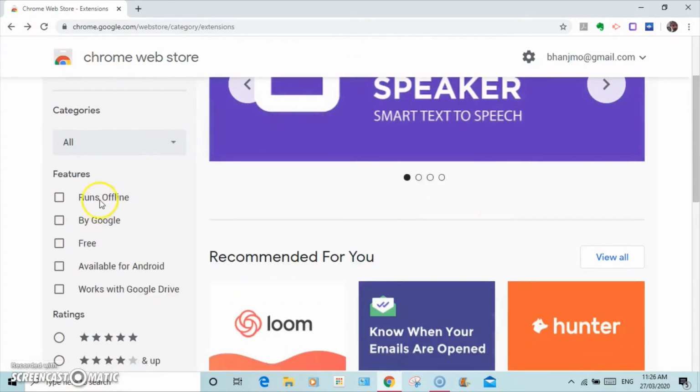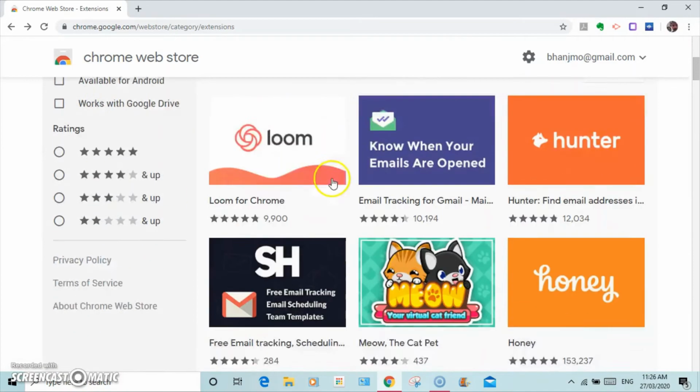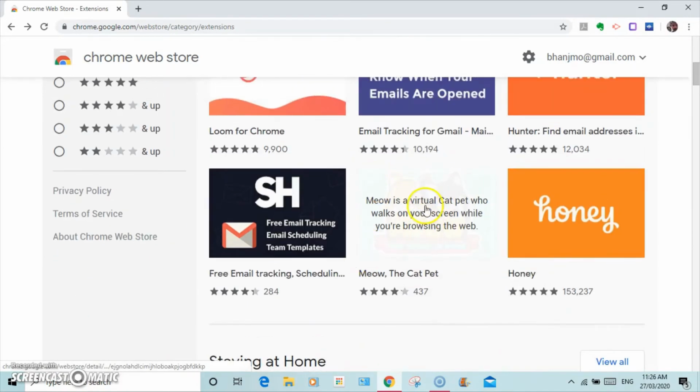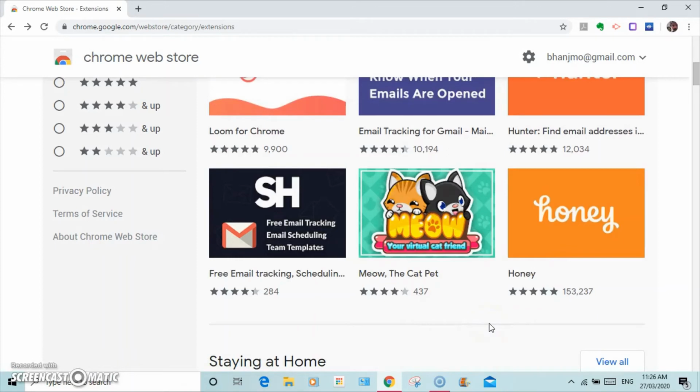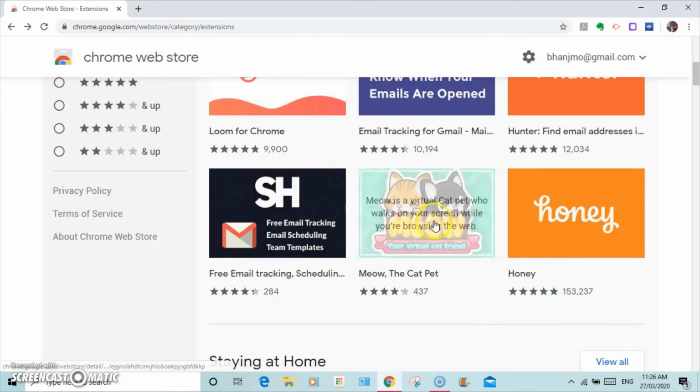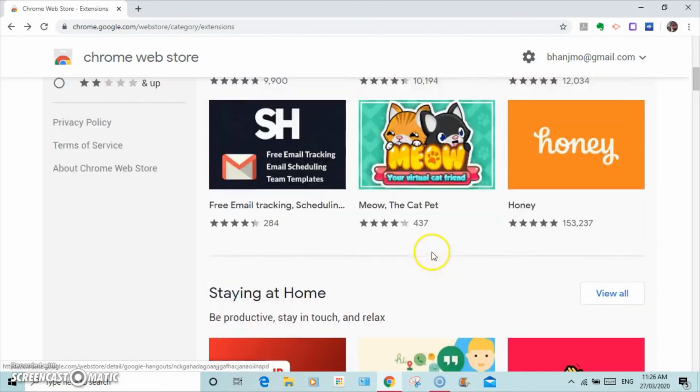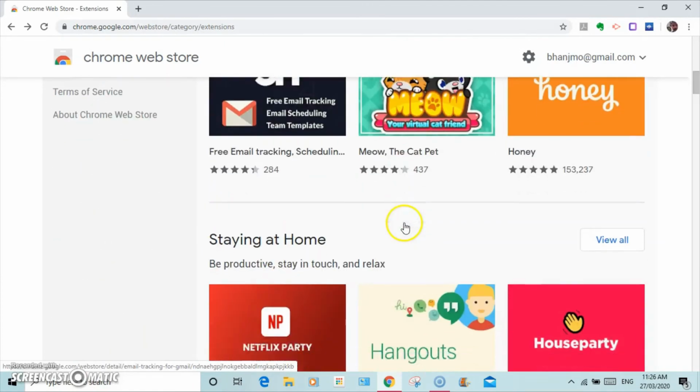You can do searches, you can do them on categories. If you look down, for example, look, a virtual cat. I've got a real one, and it annoys me anyway. Do I really want a virtual one? Maybe. I'm not sure why that's suggested for me, but anyway, if you look down, for example, you'll see things